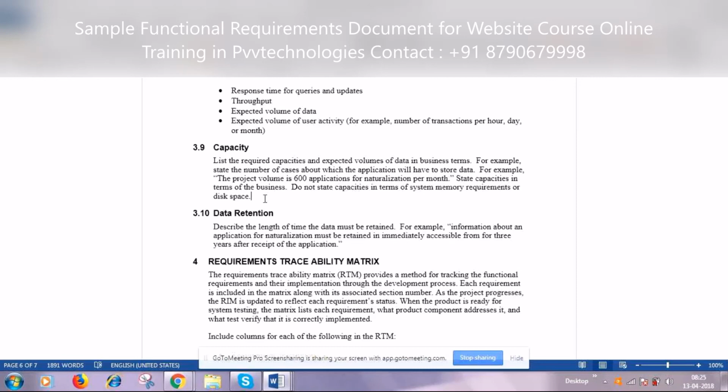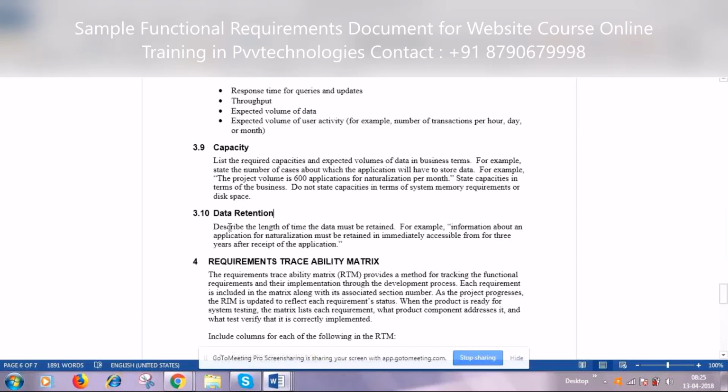During this time it should not break. Say for example an income tax filing site: between January to March, the number of users will be too much. So you find the maximum volume of users and build the application based on it so that it does not break at any point of time. So that is the capacity.